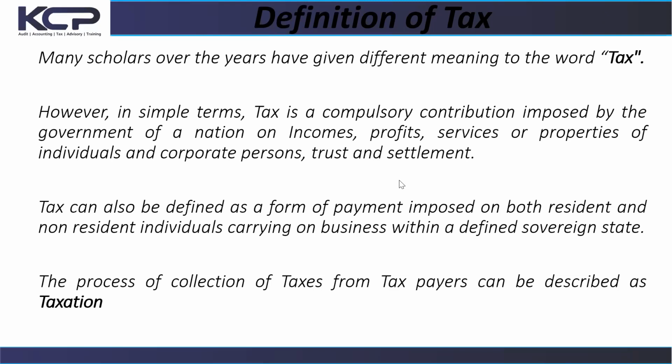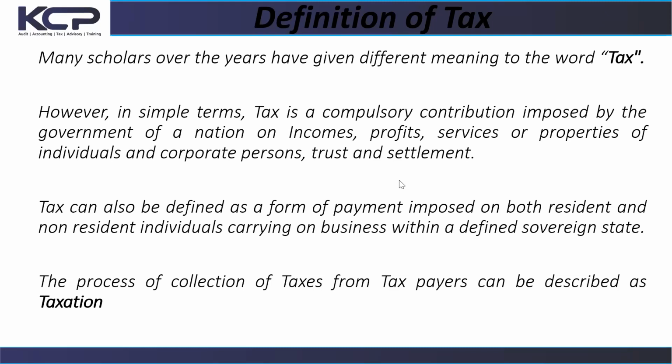So it is not what you pay in the church or what you contribute in the church or the mosque. What you contribute in the church or the mosque is not tax, because one, what you contribute in the church or mosque is voluntary, right? If you like, you may contribute. If you like, you may not contribute. But what we call taxation must first of all be compulsory. It is not optional. Two, the agent of collection must be the government.